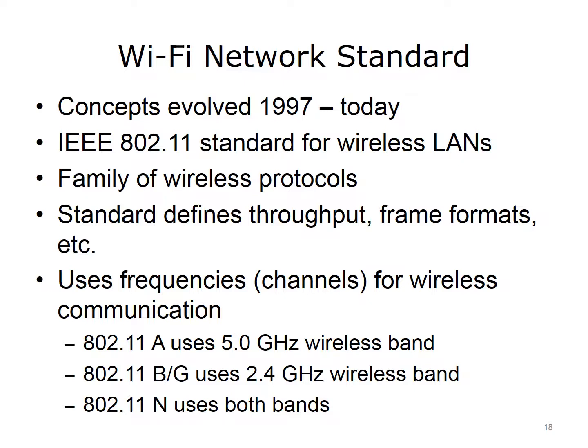The Wi-Fi network standard relates to wireless devices. It began its evolution in 1997 and continues today. Wireless communication is based on the 802.11 standard for wireless local area networks, or LANs. In fact, Wi-Fi and 802.11 are synonyms because they relate to the family of wireless protocols 802.11a, b, g, and the draft N protocol. The standard 802.11 defines throughput and frame formats that relate to the equipment being used for